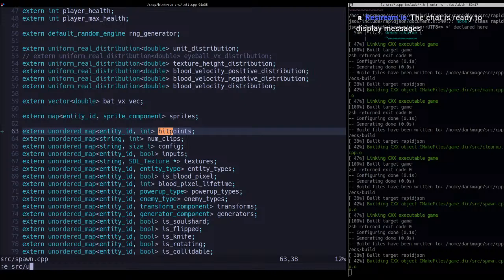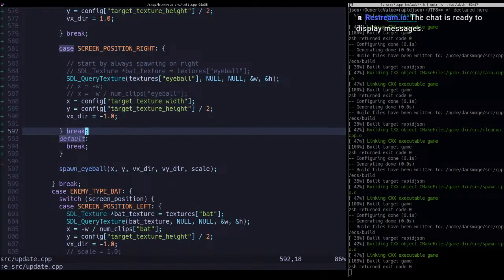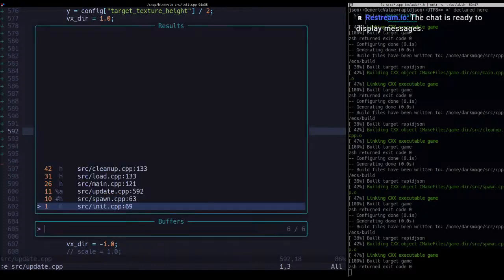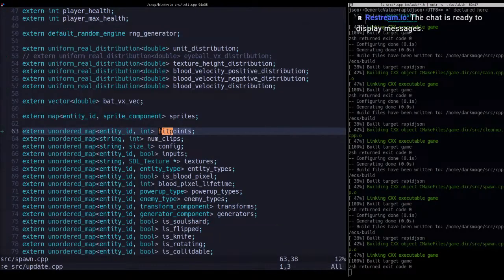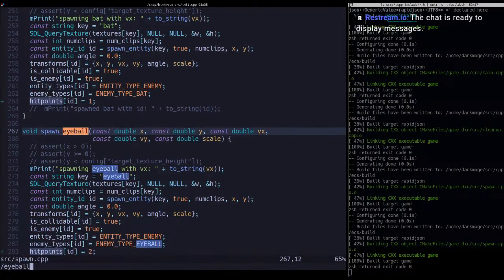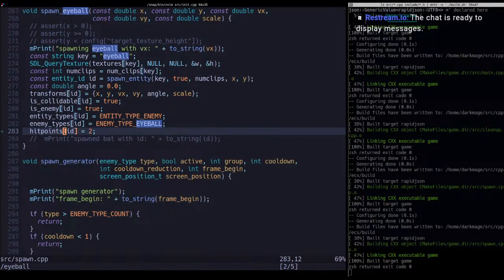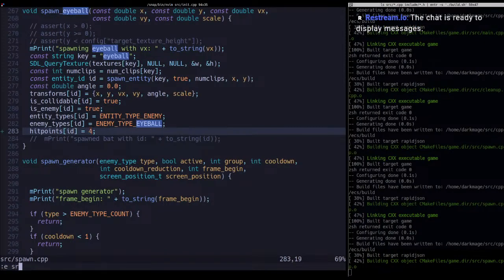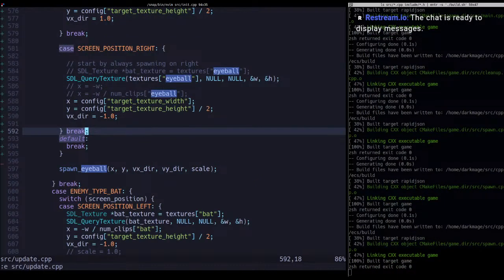Now let's go over to our update because we're adding hit points for bats and eyeballs now. If we wanted to test it, we could make it 4. So now over in the update,